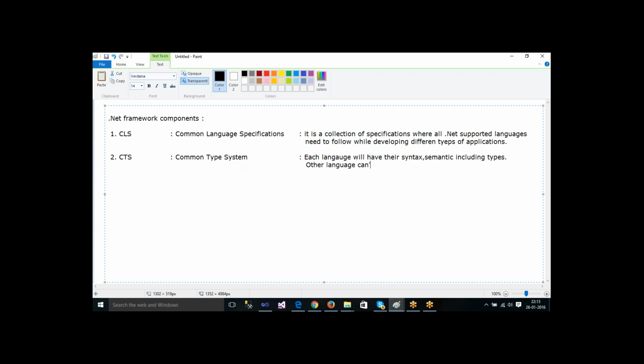So, other languages cannot understand a type which is defined in a particular language. That may be C# or VB, anything. So other languages cannot understand. I will give an example here, you'll understand. Now, to solve this, what they did is, first the type should be converted into